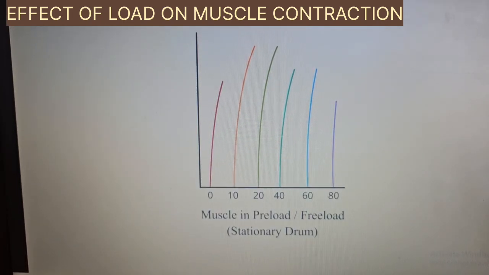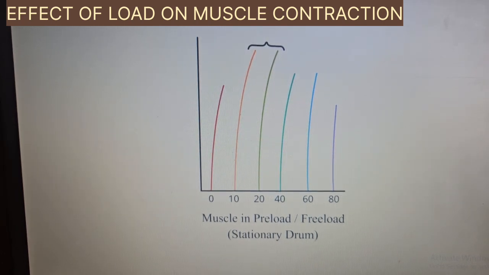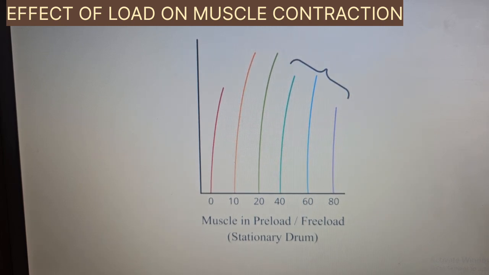In the frog nerve muscle preparation, the force of contraction increases with an increase in the preload up to a limit. After that,